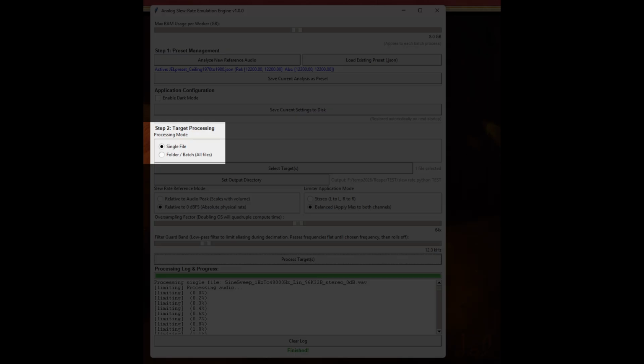Here you select if you want to process a single audio file or a folder with multiple files. Here you choose the single audio file or the folder you want to process. Here you choose the folder where processed files are saved. If a file name already exists, a version number will be added incrementally to each new file, so nothing gets